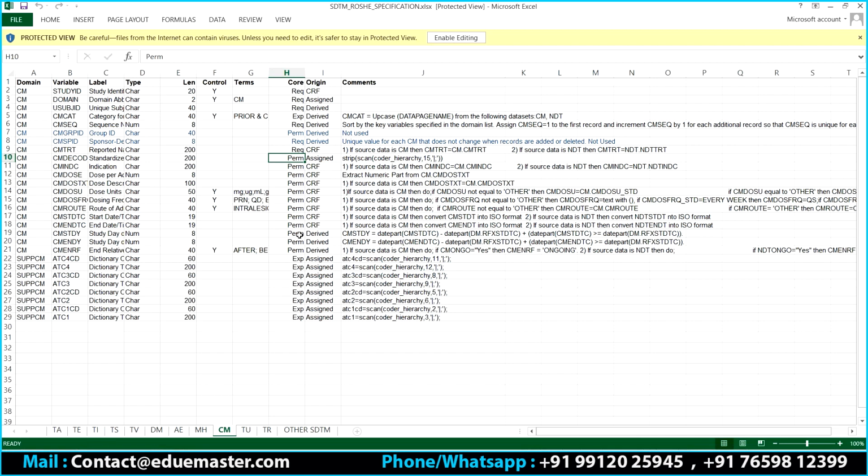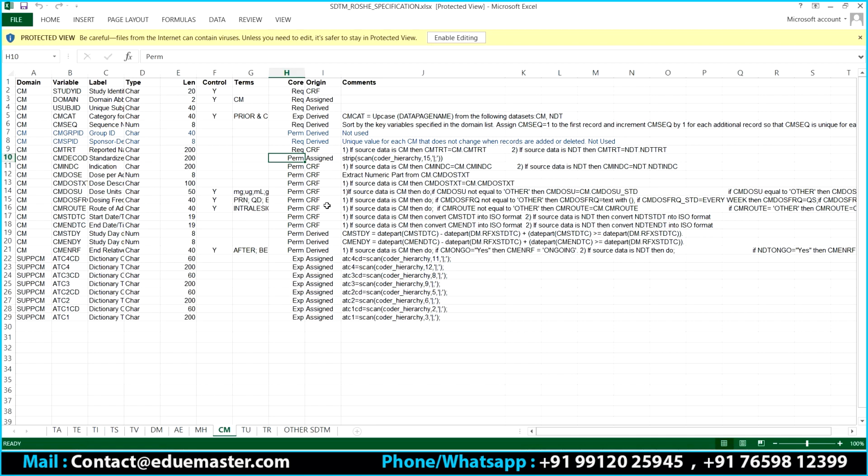Correct? All right. So first we are going to discuss all the SDTM guidelines. Once the SDTM guidelines are done, then we can start with the special purpose domains. Once we start with the special purpose domains, our programming is also going to start. Clear? So to start the programming, we need to wait for 3 more classes. So this week we are going to dedicate to SDTM guidelines. That is all the guidelines we need to understand.